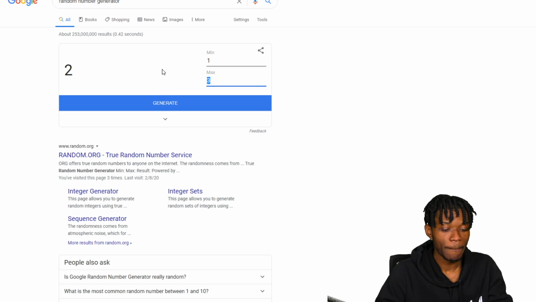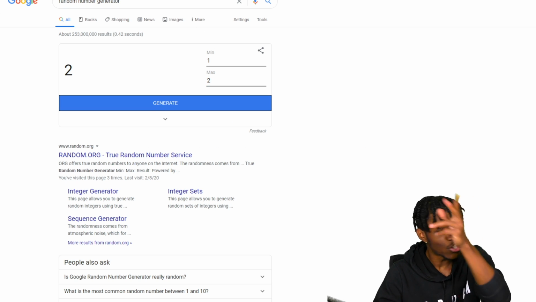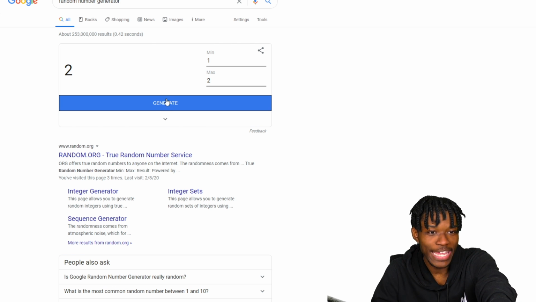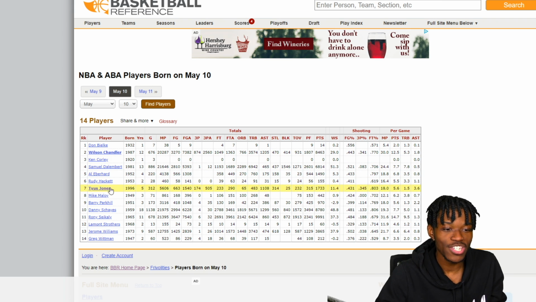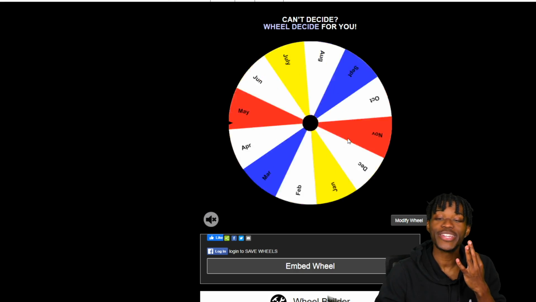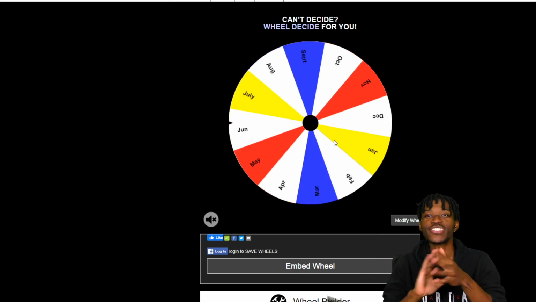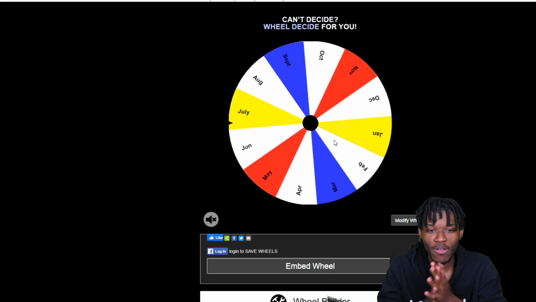Let's go over here. Pick the number 1 through 2. We got 2. It didn't move, but trust me, I hit here. So we got the second player, which in this situation is Tyus Jones. 3 spins, 3 point guards. Let's get some wings. Let's get some bigs. Come on now. As we get